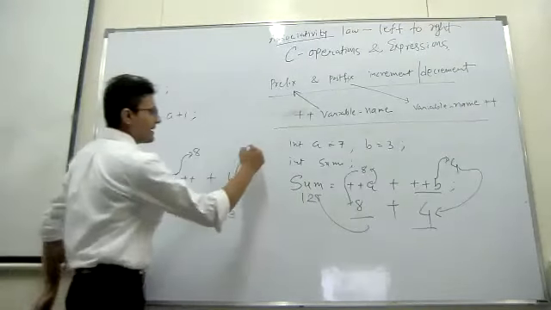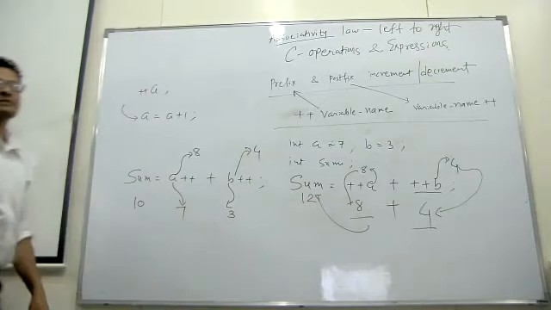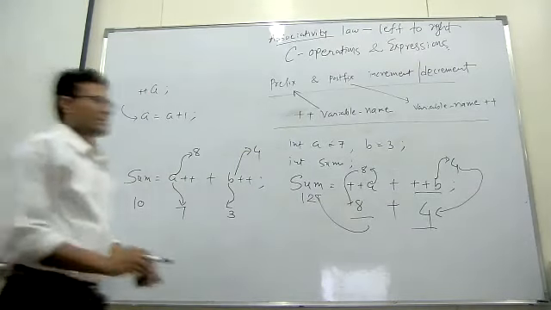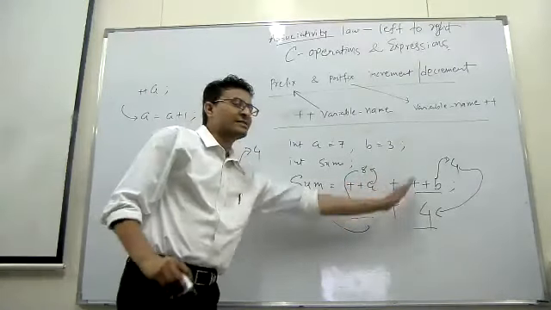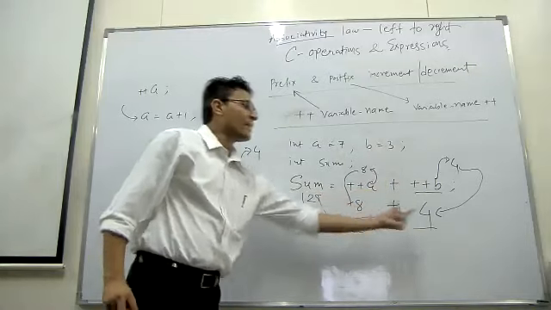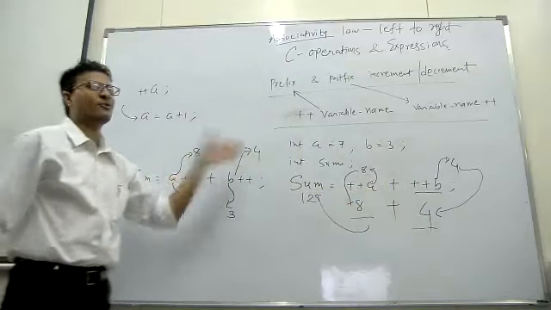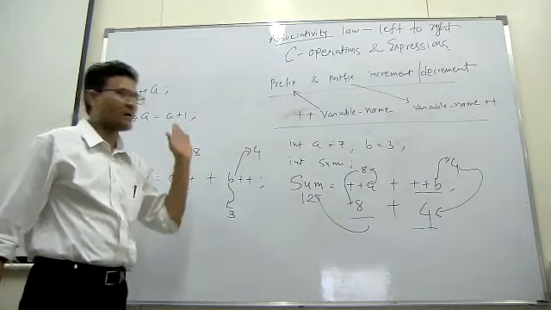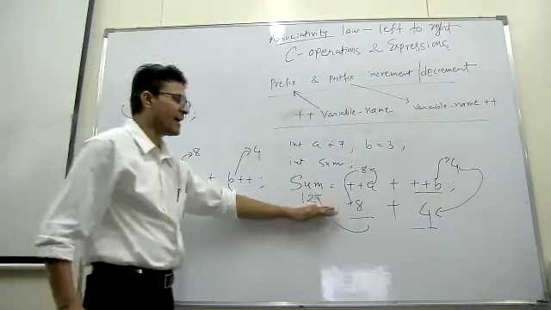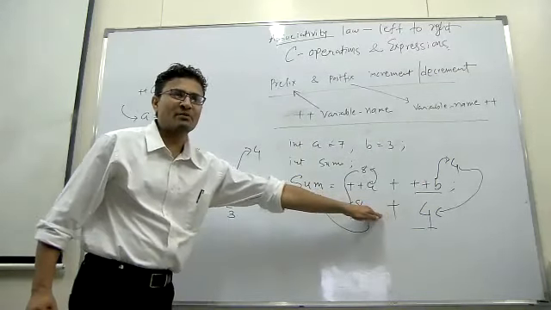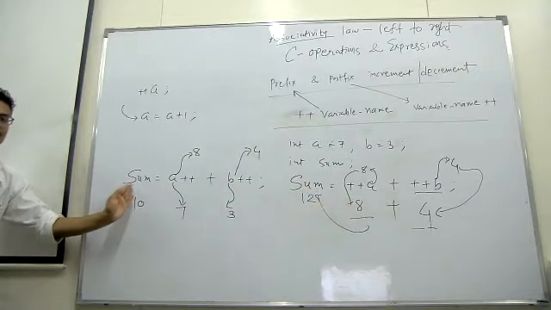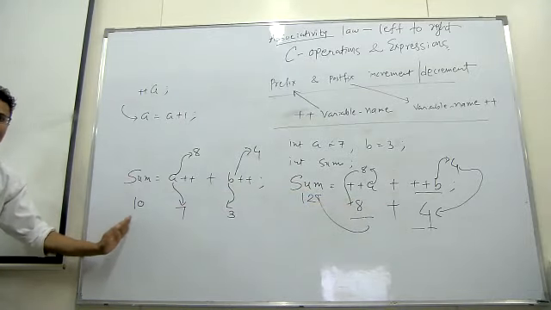Then update B. So in both the cases, after executing the statement, the values of A and B are 8 and 4. But the value of sum is 12 in the first example and 10 in the second example,